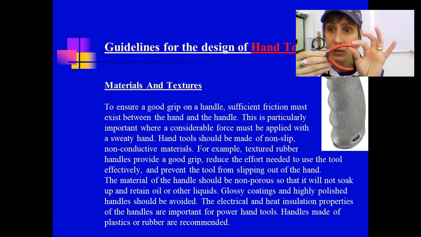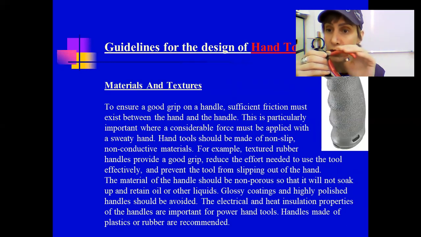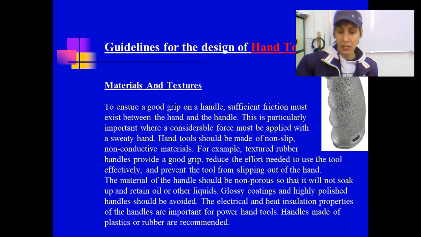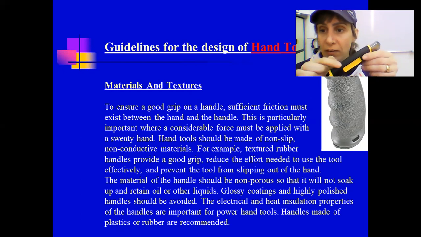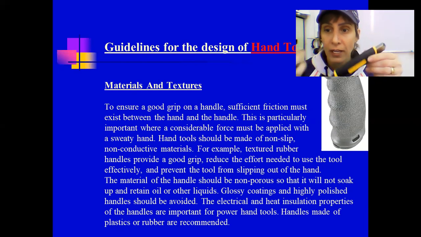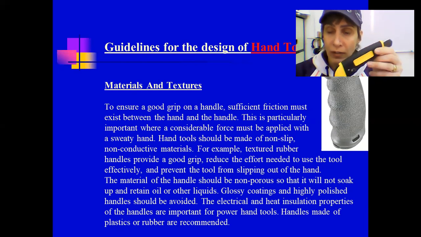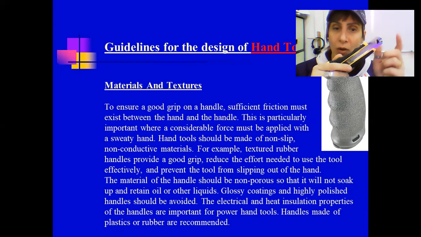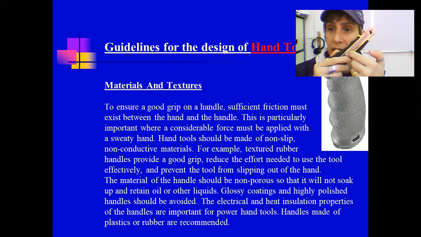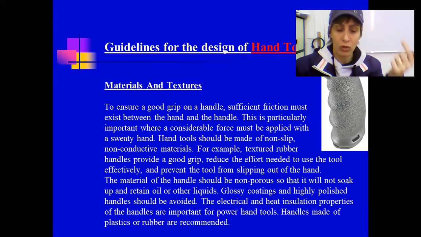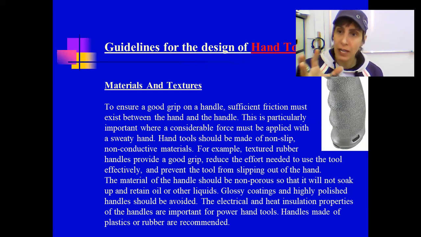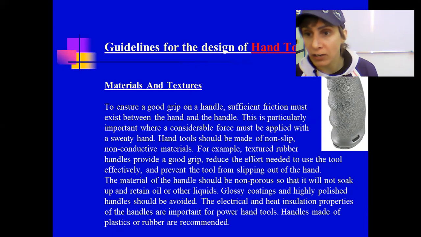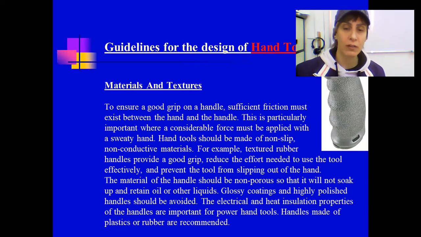Other tools, what is this material? Why is it used? It's also smooth. Why did they make this out of plastic and this here is a rubber? Why did they put these here also, in addition to the rubber? Why is this metal, not plastic? So the choice of materials and whether the material has a texture or doesn't have a texture is very important